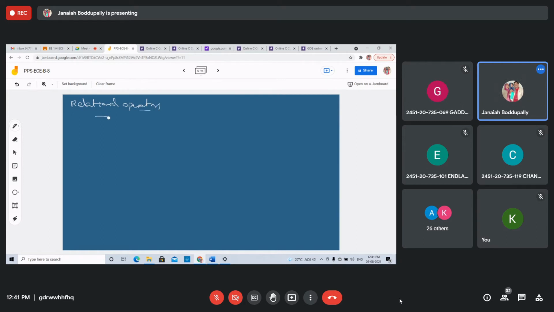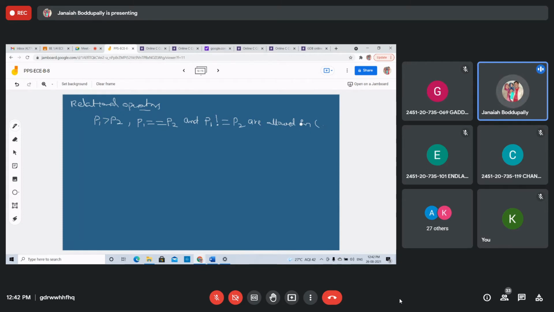Relational operators we can also use for pointers: P1 greater than P2, P1 equal to P2. To compare, we use the relational operators. P1 not equals to P2 are allowed in C.